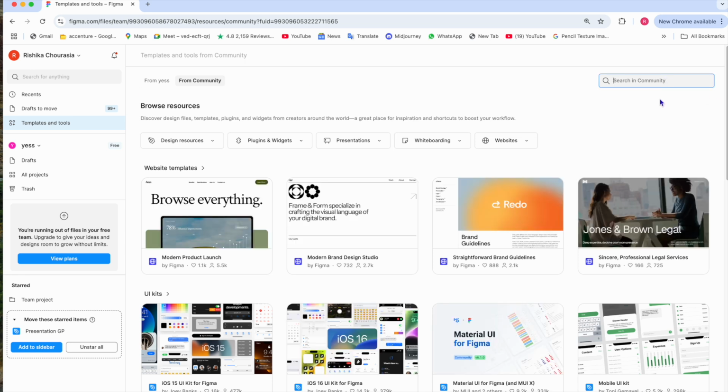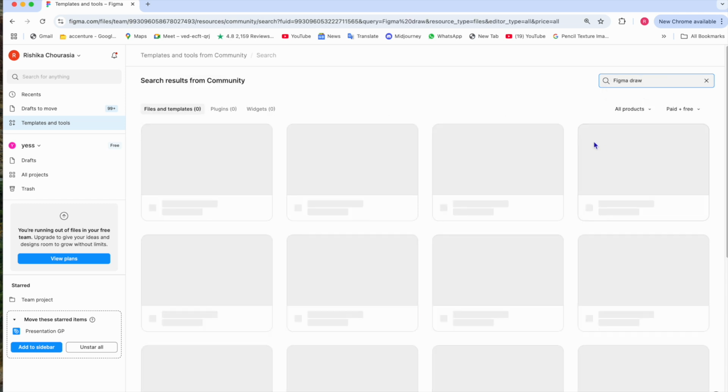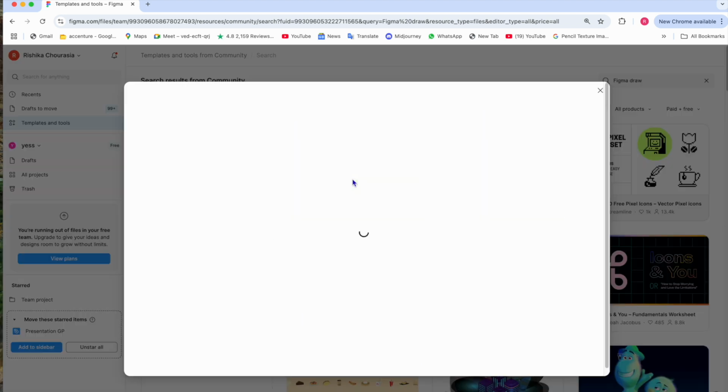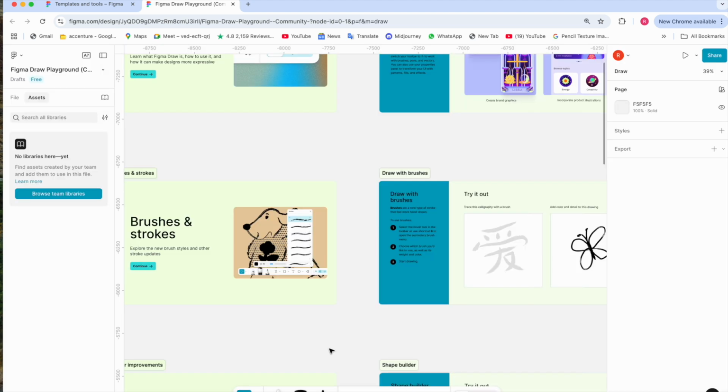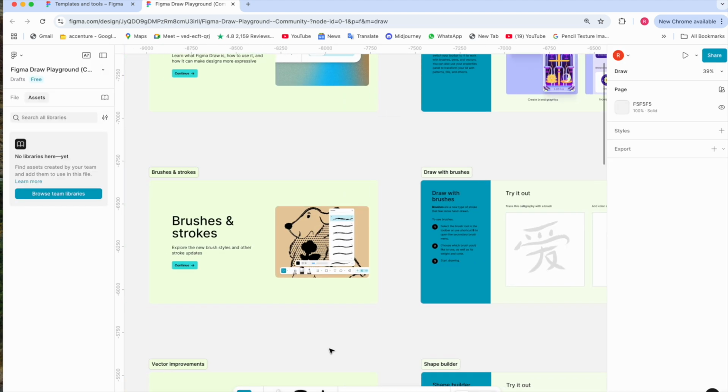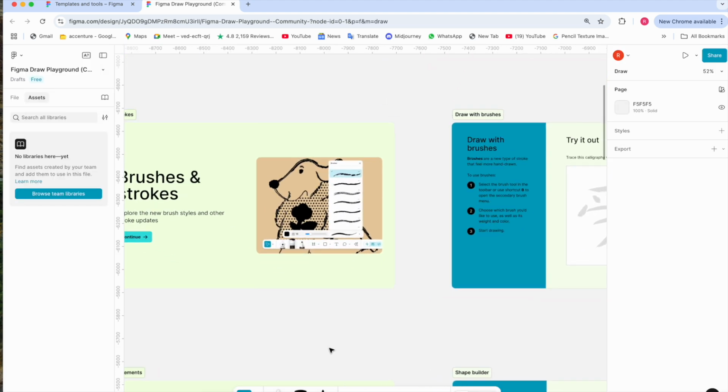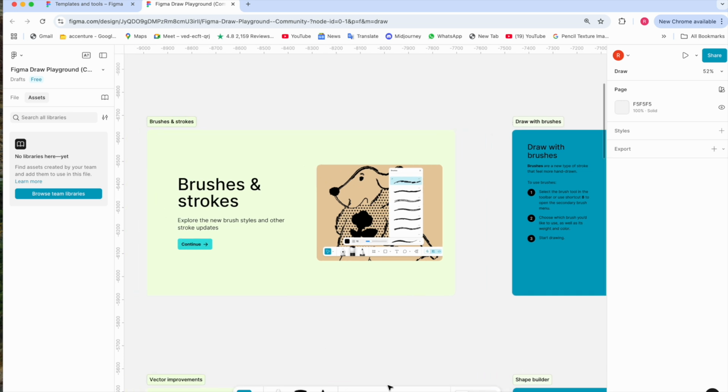So the file you can get through the Figma community. You can search for Figma Draw. So Figma has introduced new brushes and strokes into the design panel.